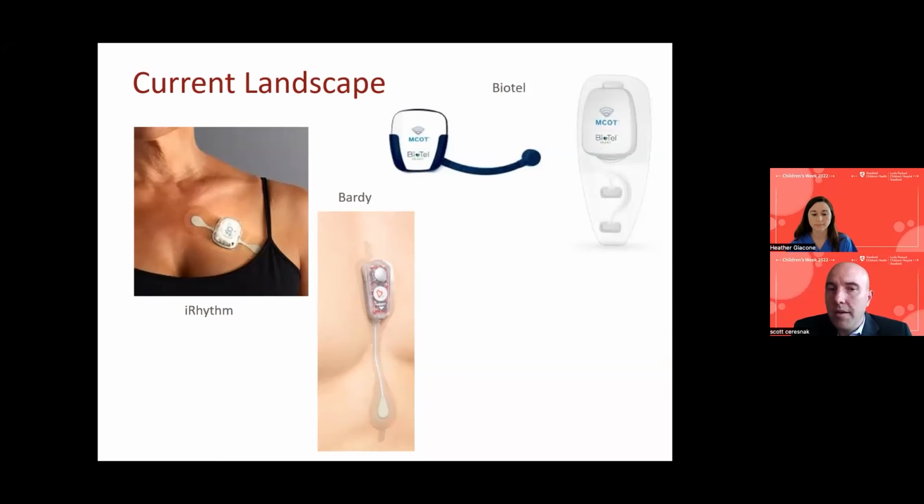So we can see, is it an arrhythmia versus non-arrhythmia? I can tell you the vast majority of kids we see with palpitations do not have an arrhythmia. But for whatever reason, they feel the heart beating faster or different during these episodes. These monitors will tell us for sure whether you do or not.